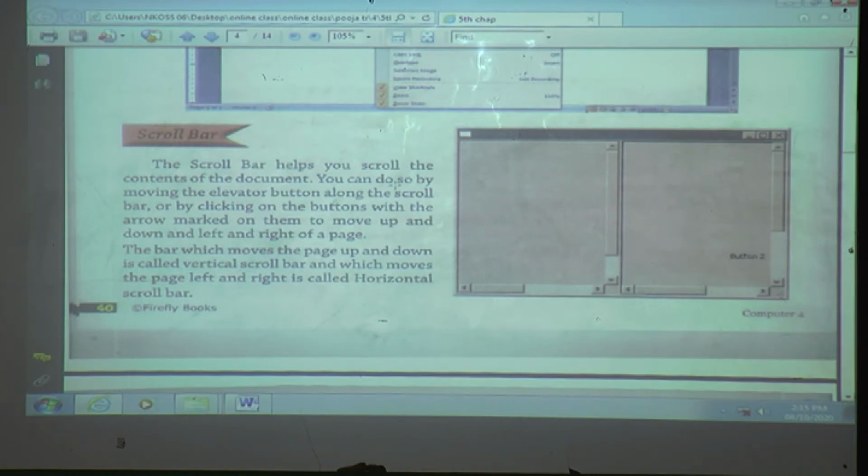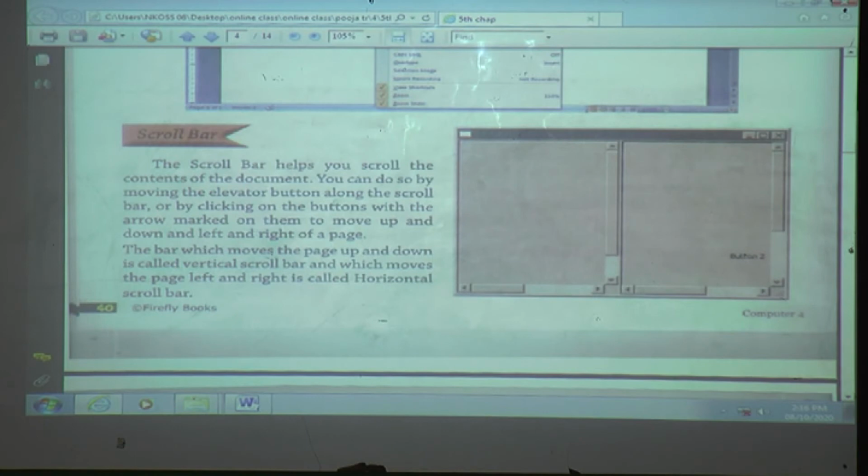You can do so by moving the elevator button along the scroll bar, or by clicking on the button with the arrow mark on them to move up and down and left and right of the page.